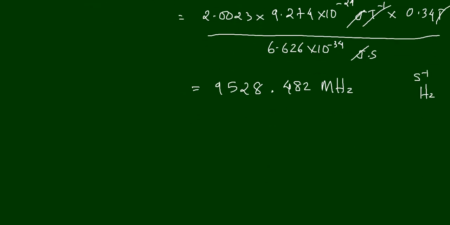So this is the value that you are going to get, 9528.482 megahertz. That is the resonance frequency for the free electron in a field of 0.34 Tesla. In this 0.34 Tesla, we expect that the free electron will jump from its low energy situation to the higher energy situation by absorbing a photon having the frequency 9528.482 megahertz, and this frequency falls in the microwave region